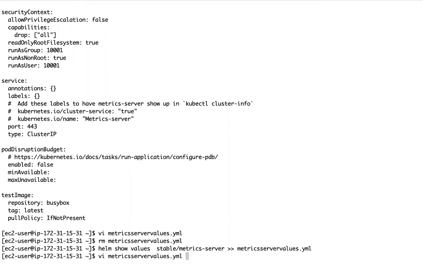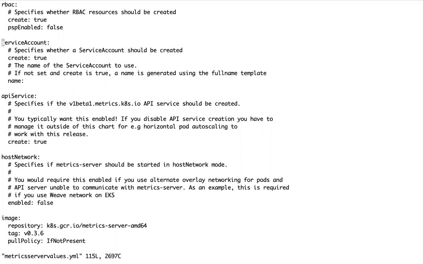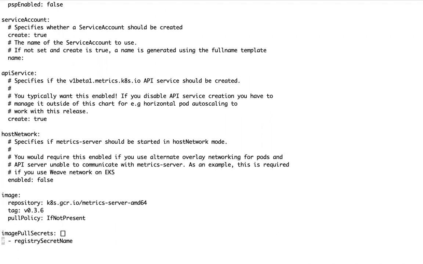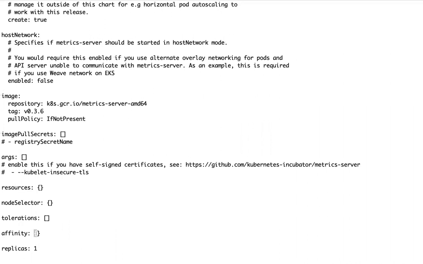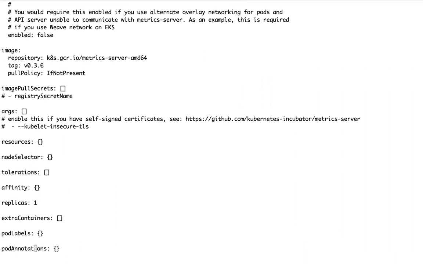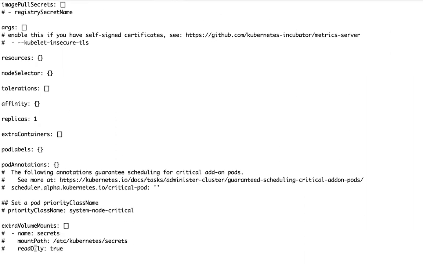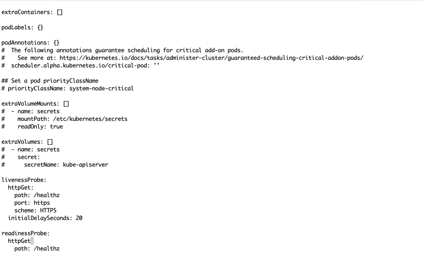Now I can modify these values based on my requirement, right? Suppose I want to change the image version. I can change image version. Or if you say I want to define resources, I can define resource limits, requests, all those things. Now suppose I want to change this value, let me change it to 40.